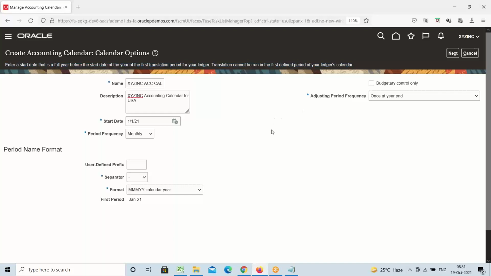Now our target is how to create the accounting calendar, and what inputs we provide for that. Any questions from anyone, please? Lakshman sir had a question, please. So, while creating a period,